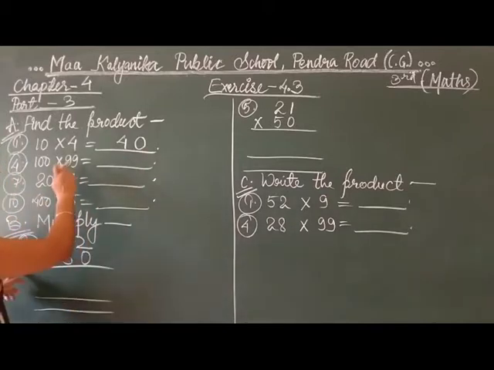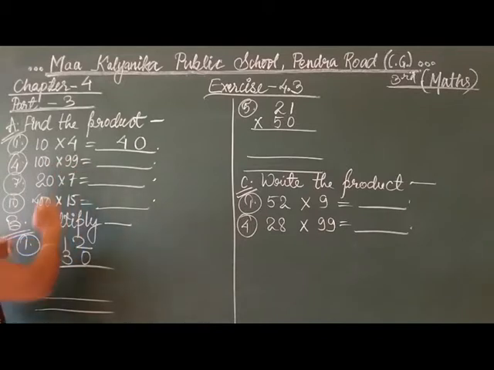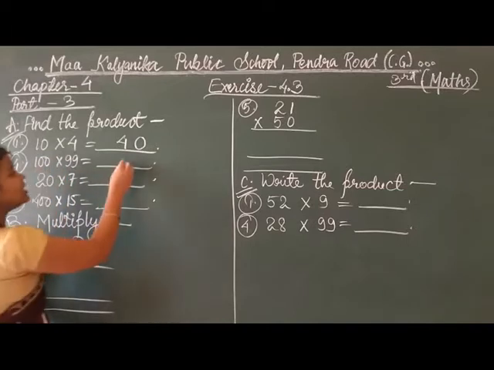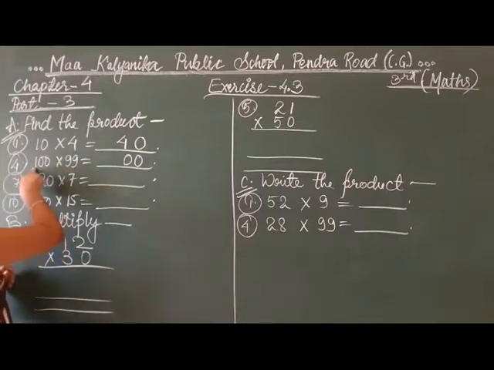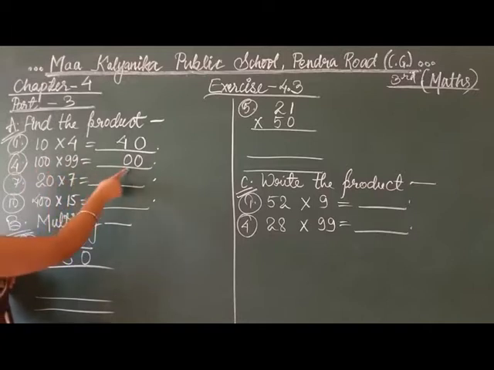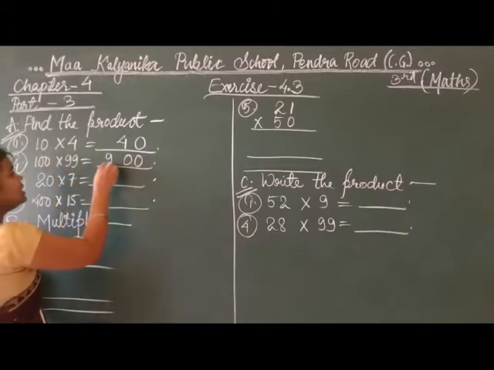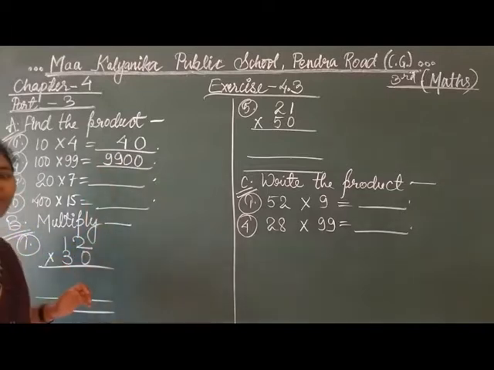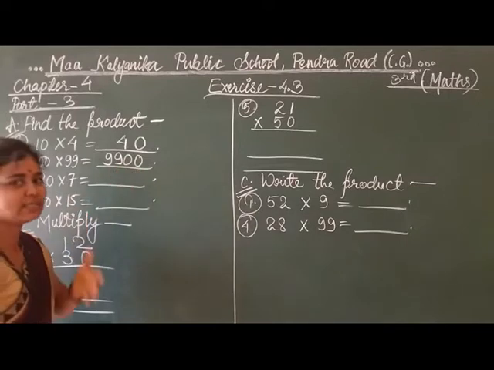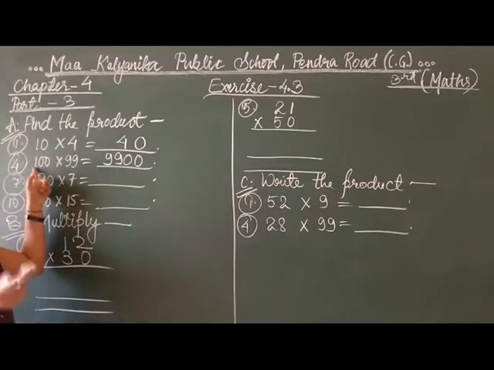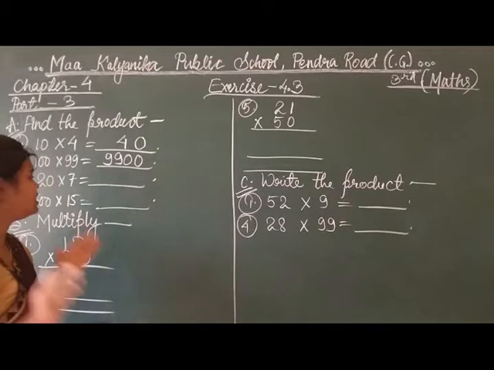Write down from the right hand side and then proceed towards the left side. So now students, moving to question number 4. So 4 is 100 multiplied by 99. So 99 is there and 100 is there. So simply 2 zeros are there. Easy trick is you put 2 zeros here and then multiply 99 with 1. Or you can say 99 zeros are 0, 99 zeros are 0 and 99 ones are 99. Multiplying with 0 and multiplying with 1 is very easy. Multiplying with 0, the answer is 0, and multiplying with 1, the answer is the same number itself.